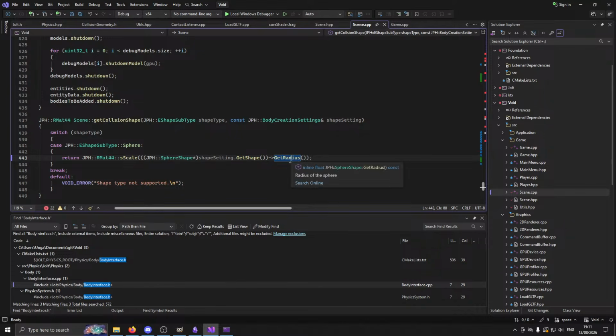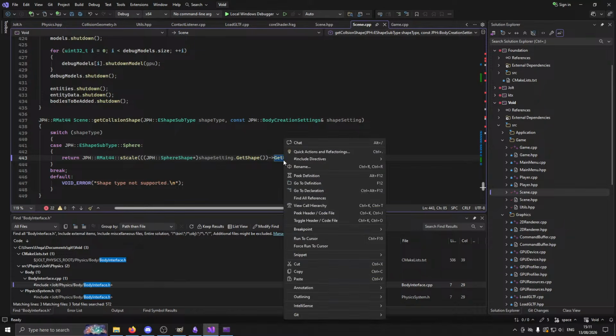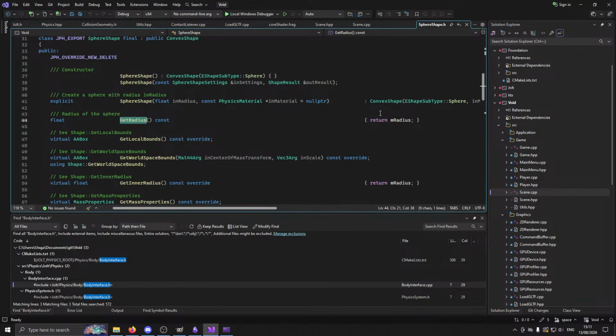So anyway, we get the radius from the shape, and that gives us the scale, and you'll see that